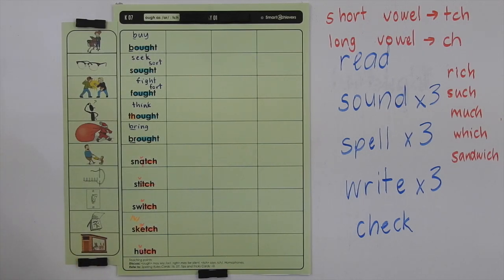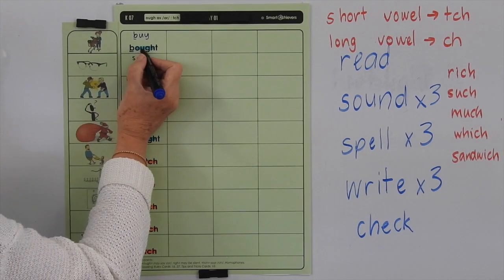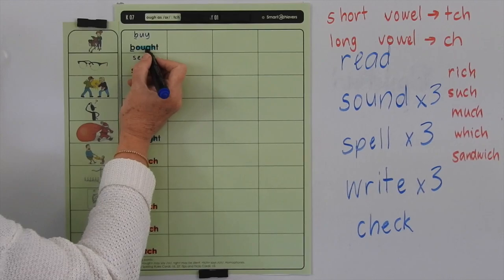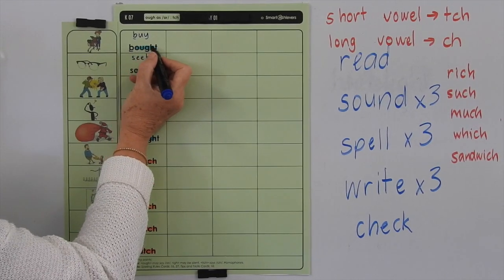Okay, let's get our little bit of paper. We're going to read the words, sound them, spell them and write them. So we go b or t, b or t, b or t,